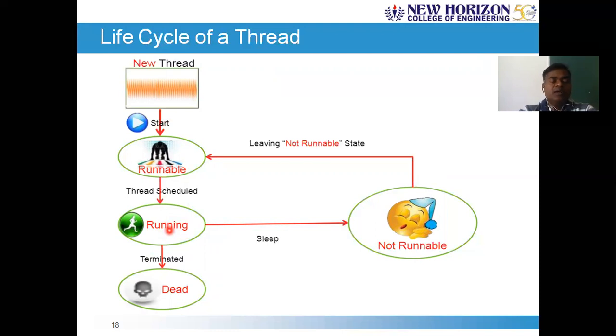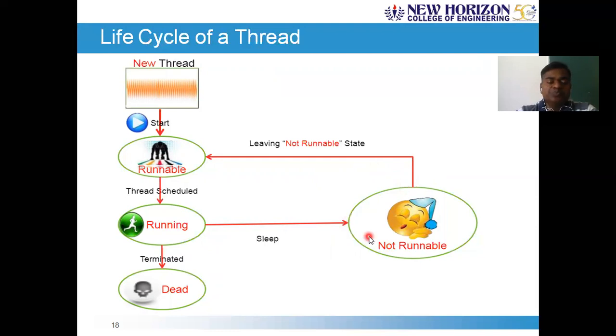Suppose in between, if a developer wishes to stop or to halt the execution of the thread, we can make a thread sleep for some extent. Usually, while printing the numbers from 1 to 100, a thread will execute so fast that you cannot notice the generation of the numbers. So what you can do is introduce a delay, or make a thread sleep for some time,